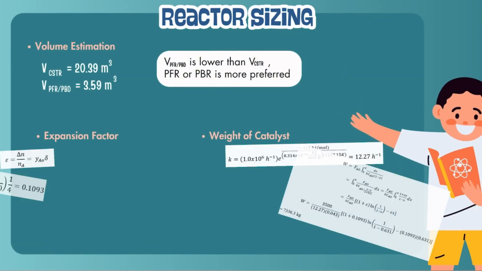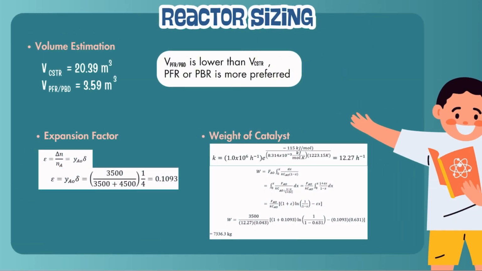Next, I will explain reactor sizing and the reactor type used for this process. The volume calculated based on the Levenspiel plot for a CSTR is 20.39 m3, and for a PBR or PFR it is 3.59 m3. PFR or PBR is more preferred than CSTR because it has a lower volume. According to the expansion factor, this means that for every mole of NH3 reacted, the total number of moles in the system is increased by 10.93%,